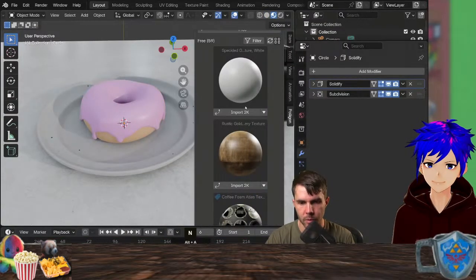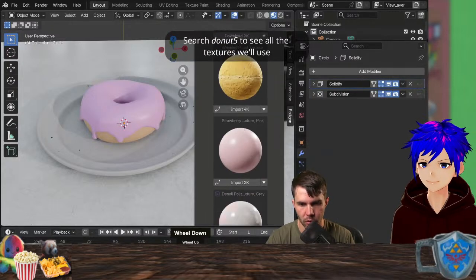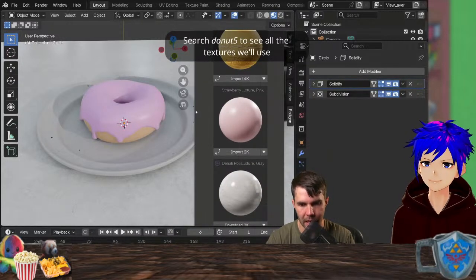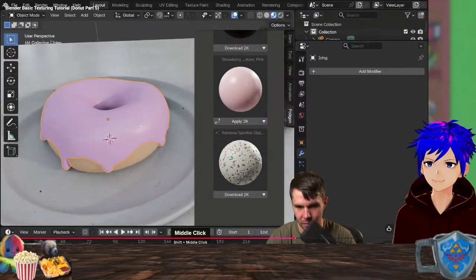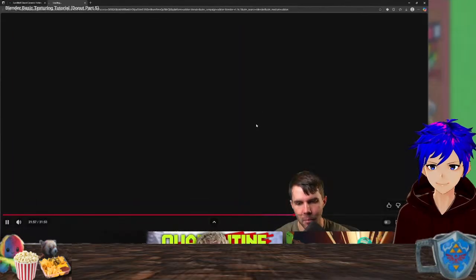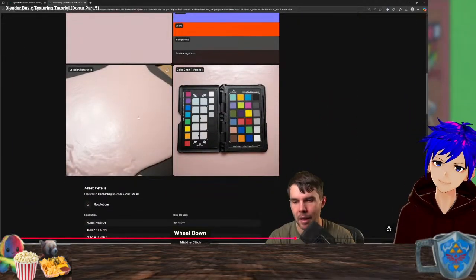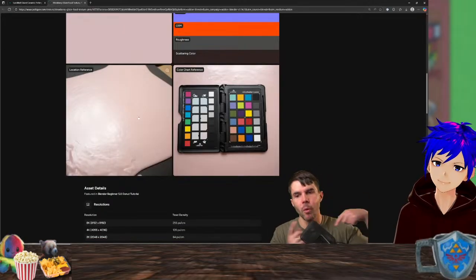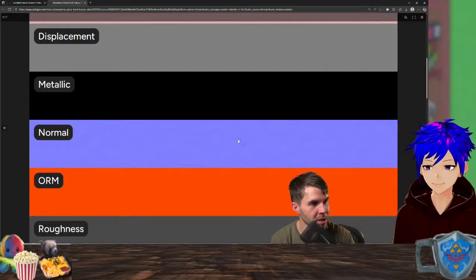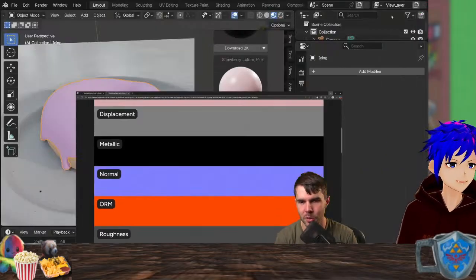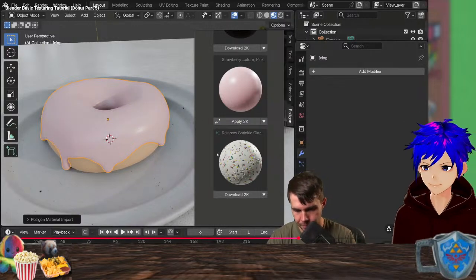So I'm going to hit N to bring up the properties again. I'm going to scroll down. So this is in the textures free category. Scrolling down, and I'm looking for the strawberry pink glaze. Okay, so we got this strawberry pink texture, right? And this was actually captured by literally pouring a bunch of icing into a pan and then using a stereoscopic scanner to capture it from all dimensions so that you get this really interesting height information there, the little bumps of the sugar crystals and stuff popping through. Pretty cool. Anyways, let's hit apply on that.